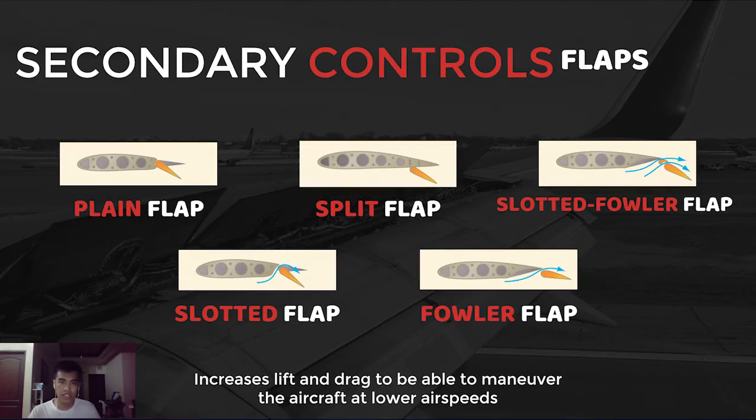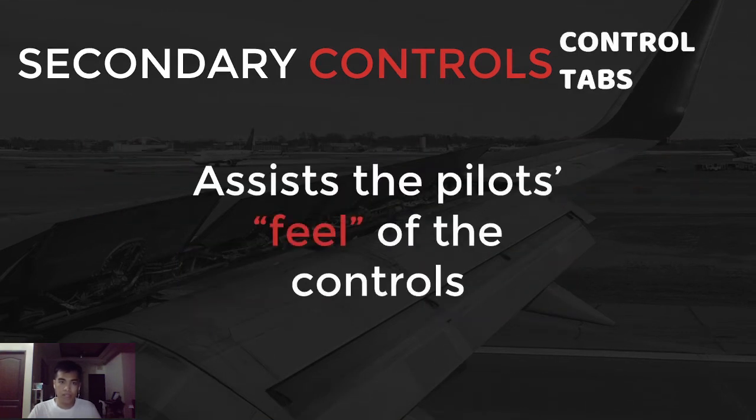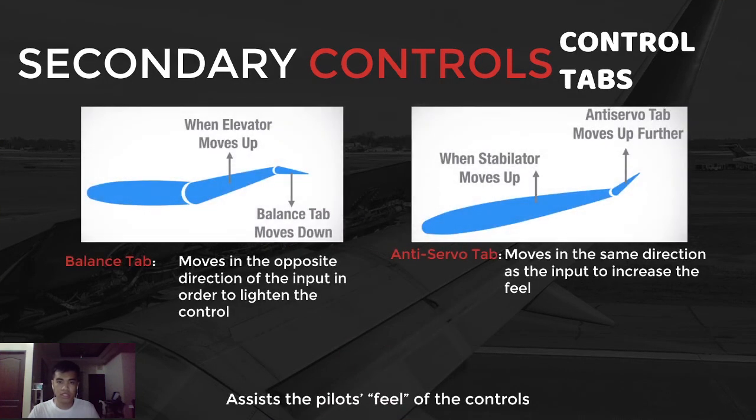The first one is the plain flap. Next is the split flap. Then the slotted Fowler flap, the slatted flap, and lastly, the Fowler flap. Next is the control tab. This is used to assist the pilot's feel of the controls in order to make it easier for them to maneuver the aircraft. The first type of control tab is the balance tab,